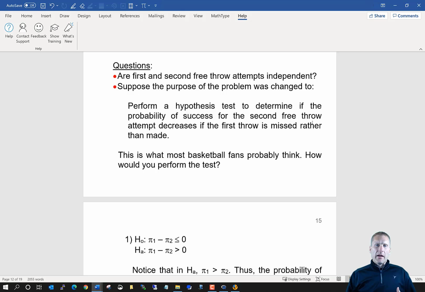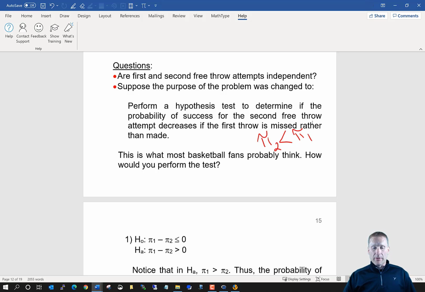I would generally say that for most basketball fans, their research hypothesis in this situation would be that the probability of success will be smaller on that second attempt if a basketball player misses rather than makes that first attempt. In other words, they would say pi 2 is less than pi 1, given how we constructed